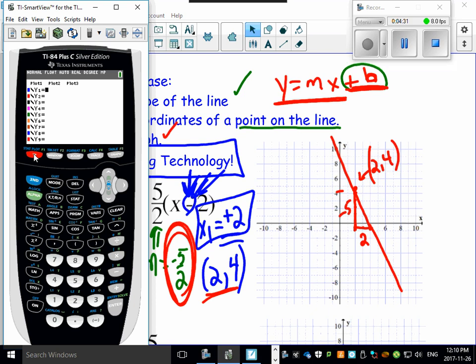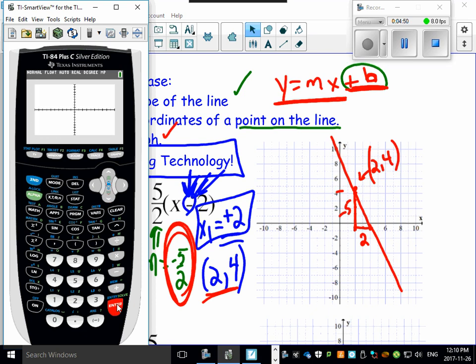Oh my goodness. Well, a couple things you have to do in order to do this properly is you also need to do this button here, which is called zoom. And then if you look way down here at 6, okay, do you see Zoom 6? Zoom 6 means zoom standard. And what it's going to do is